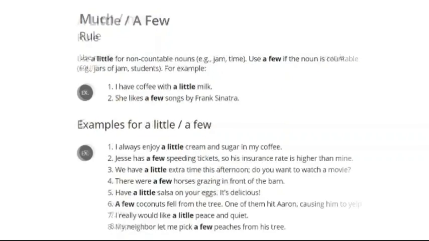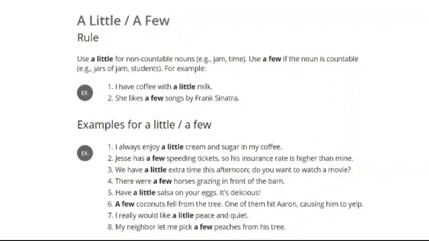Now, the next one is about a little or a few. The rule is: use a little for an uncountable noun, for example jam, time. Use few if the noun is countable, for example, jars of jam, students, etc. For example,